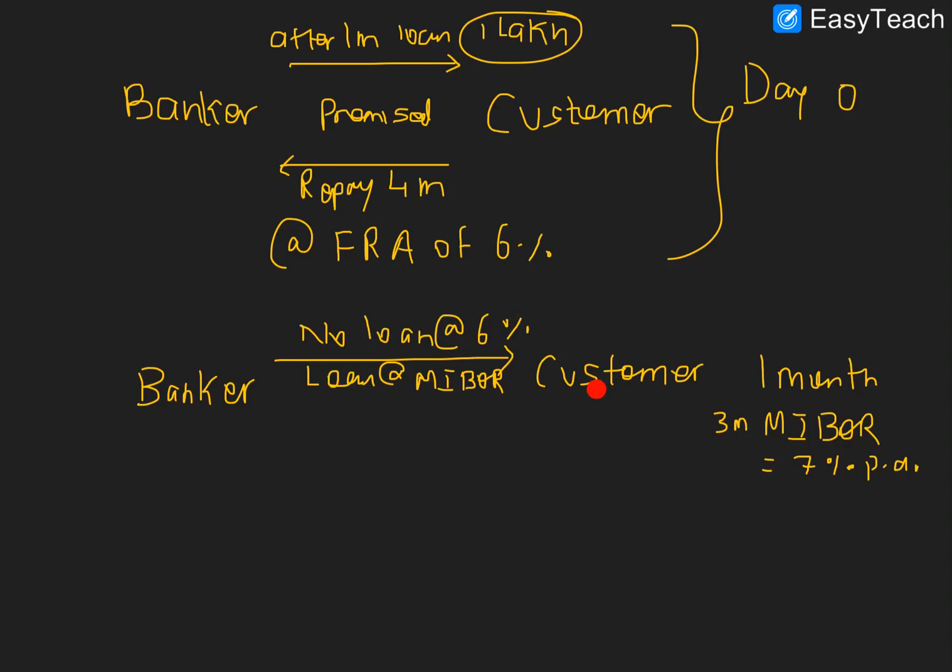The customer says, "What are you saying?" The banker says, "Sir, tell us, what was the rate that we have agreed to you?" The customer says it's 6%. "And what's the current rate?" The customer says it is 7%. The banker says, "Okay sir, so are you making any loss?" The customer says, "Obviously yes, I'm making a loss of 1% per annum rate of interest, because we have agreed at 6%, and based on that I have linked my other finance activities with this, and now you're asking me to take a loan of 7%. That is not acceptable, sir."